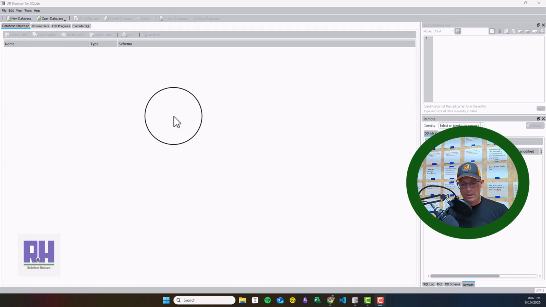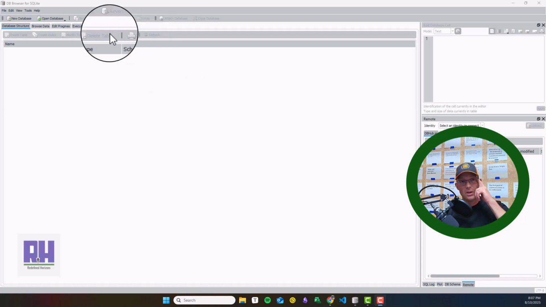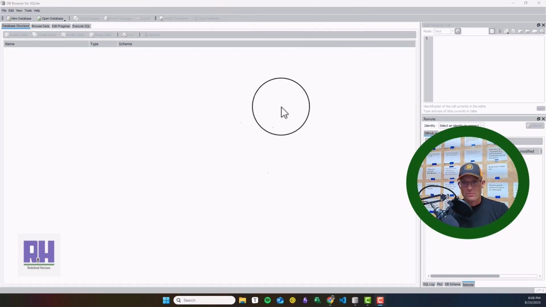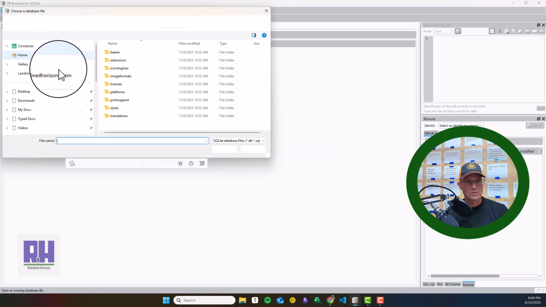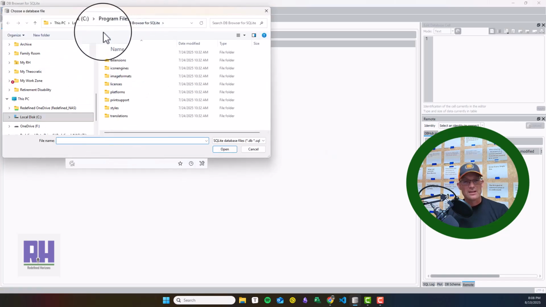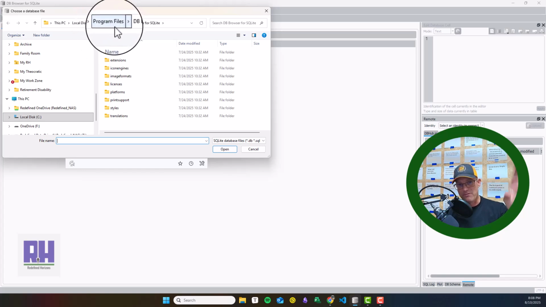how we are going to build a simple database. I've got an example database that I'll show you, and then we'll build it together. So this is DB Browser. It's a front end for SQLite. Let's go ahead and open the database that I built so you can see what it'll look like when we're done. SQLite is like Microsoft Access, so this is just a file that lives on your